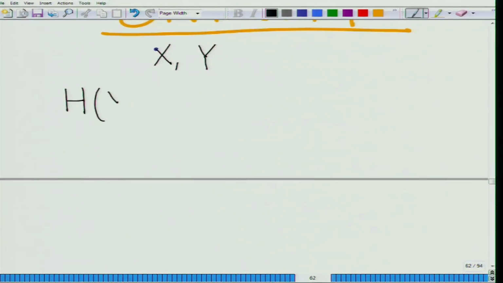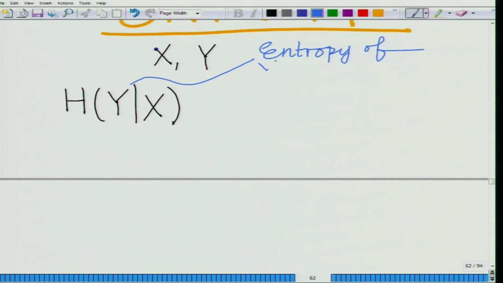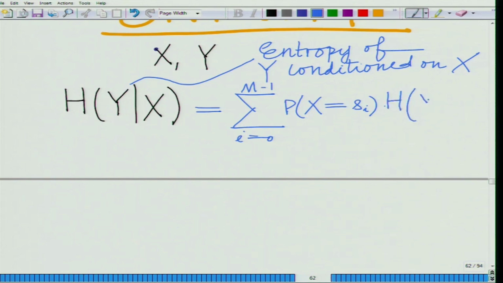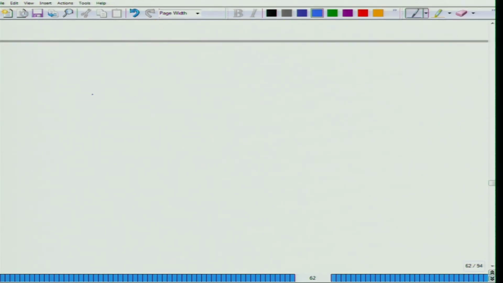Then H of the conditional entropy, H of y conditioned on x, that is, entropy of y conditioned on x equals, well, summation i equal to 0 to m minus 1 probability of x equal to Si times the entropy of y conditioned on x equal to Si, which is equal to, well, let us look at how these quantities are defined,